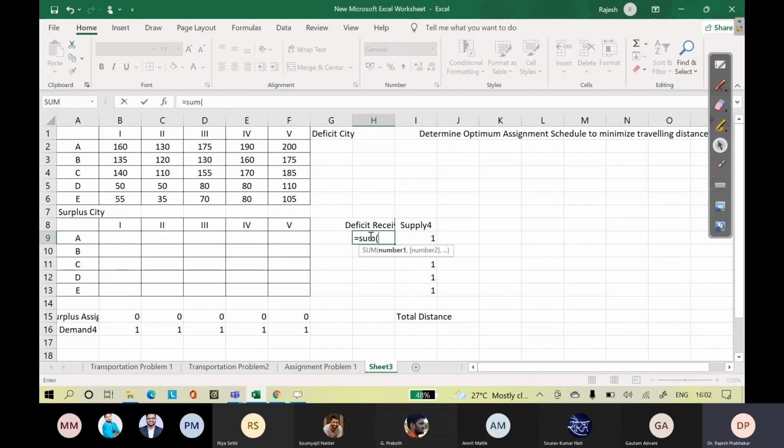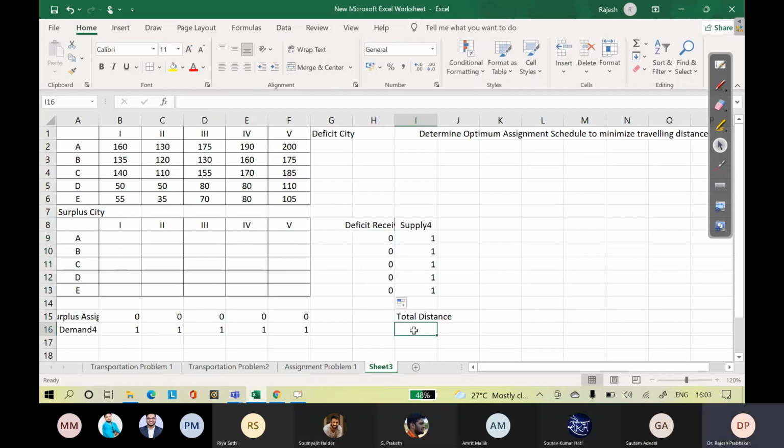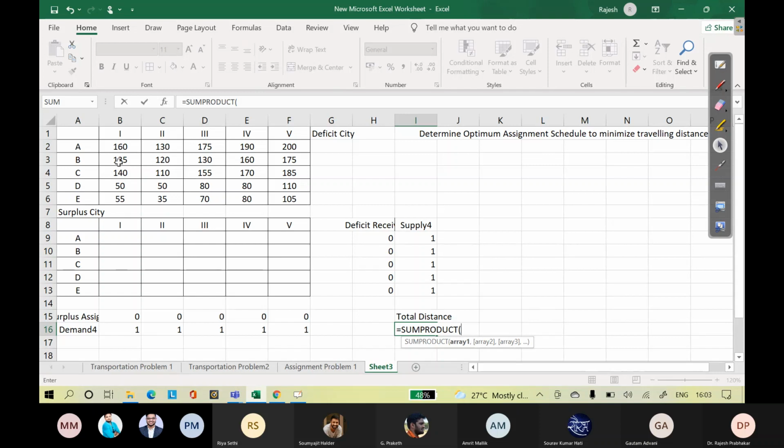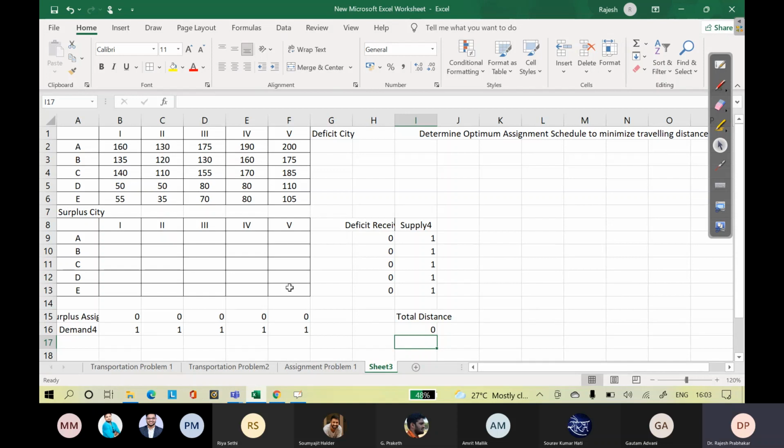Is equal to sum of this. Total distance would be sum product of this comma this. Solve this.